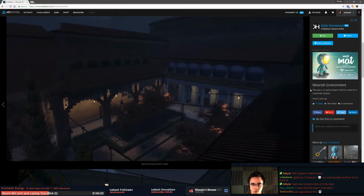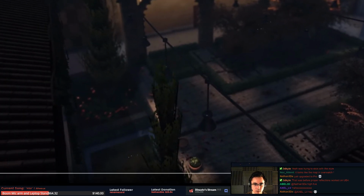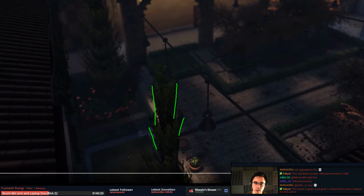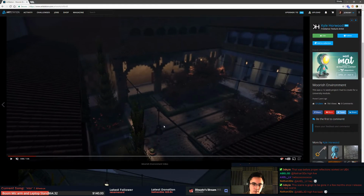Wait a minute. Wait a minute. What do we see here? So this tree is also up close, and the way the tree is built, it's pretty rough because it's doing this, and then it's this, and then this, and it's very clear that that's what's happening. Oh man, I can zoom in. Yes. Okay. So you have these lines, right? We need a way to break that up so that you don't get that look. That will help a lot, because in this area here, it's okay, just because you can see in front of you that it's breaking up. But if I do this and then go up, essentially you're getting a gradient of darkness going up through there. So just adding a lot more detail, and maybe it's just because it's stylized, but make sure that